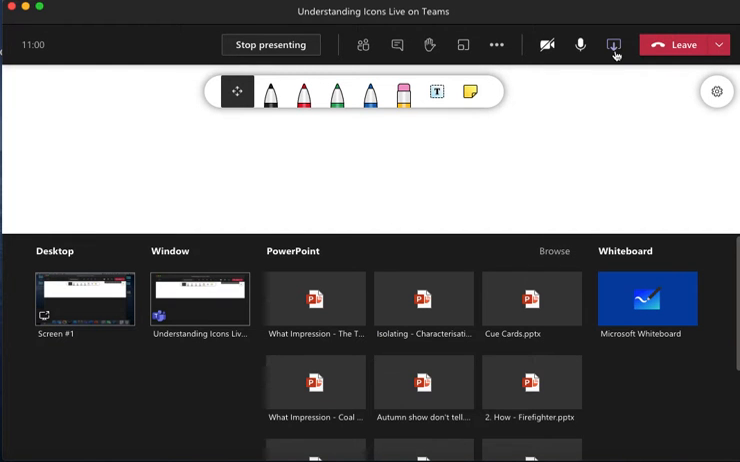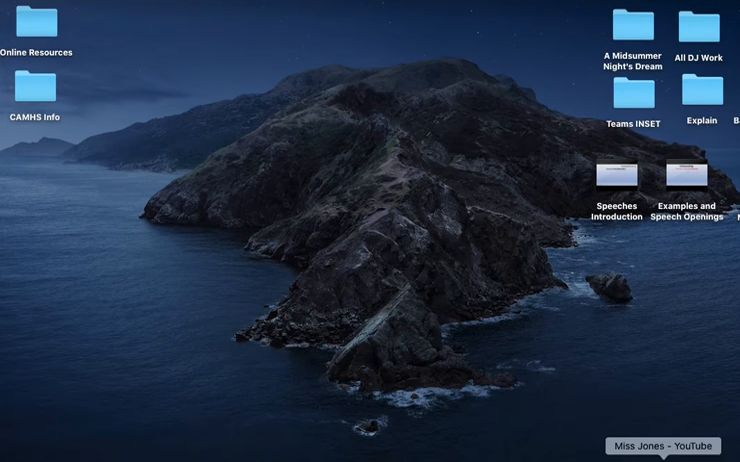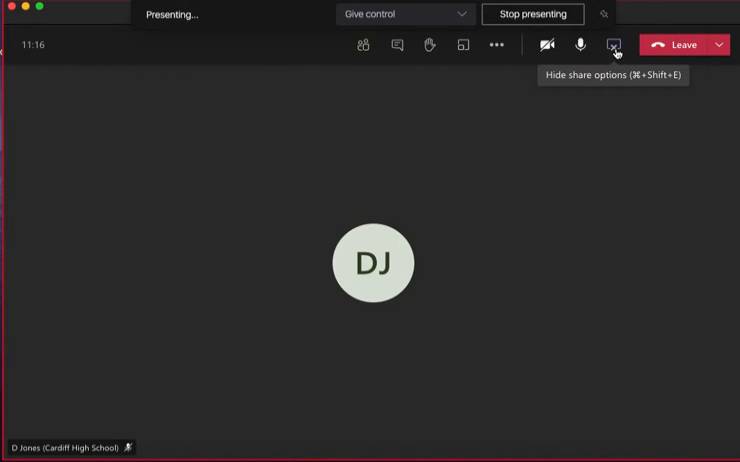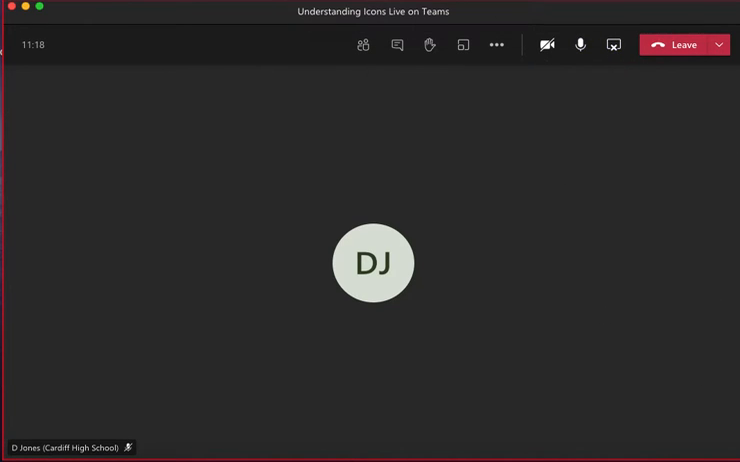if I click it again, it gives me the options to share. So when I am sharing, if I share a window, for example, it shows there that this is the window that I'm recording and presenting. There's the red box around it, and if I want to stop presenting, because I brushed across the top of